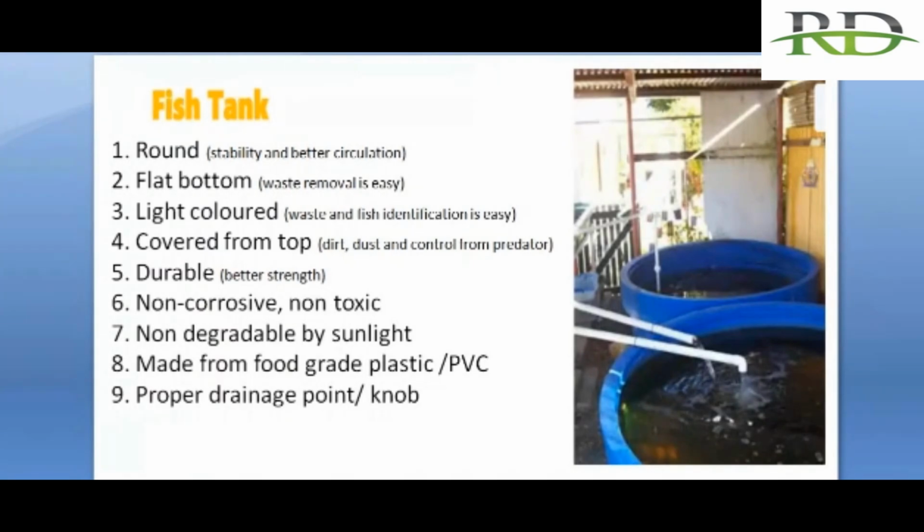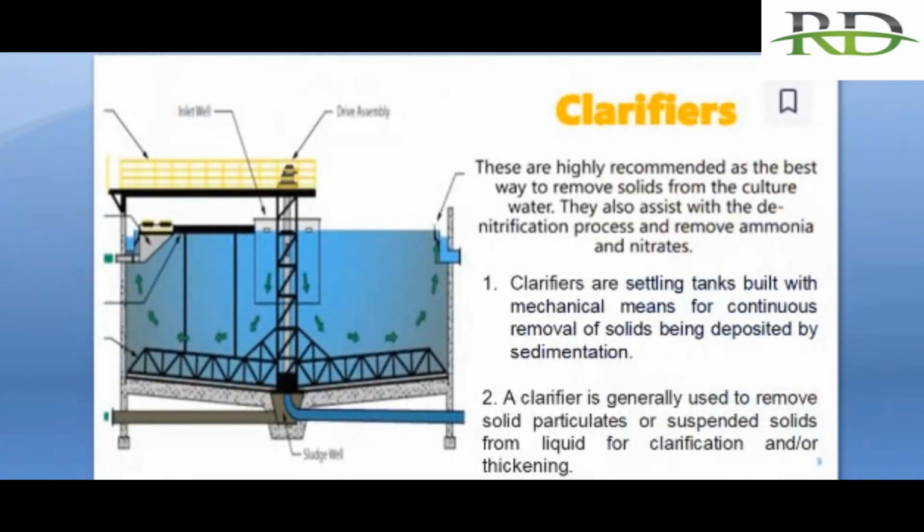Next, the clarifiers. Clarifiers are basically the settling tanks. That means they are used for the settlement of waste and the continuous removal of solids from the tanks. Generally, the clarifier tanks are used to remove solid particles or suspended particles from the system. Next,